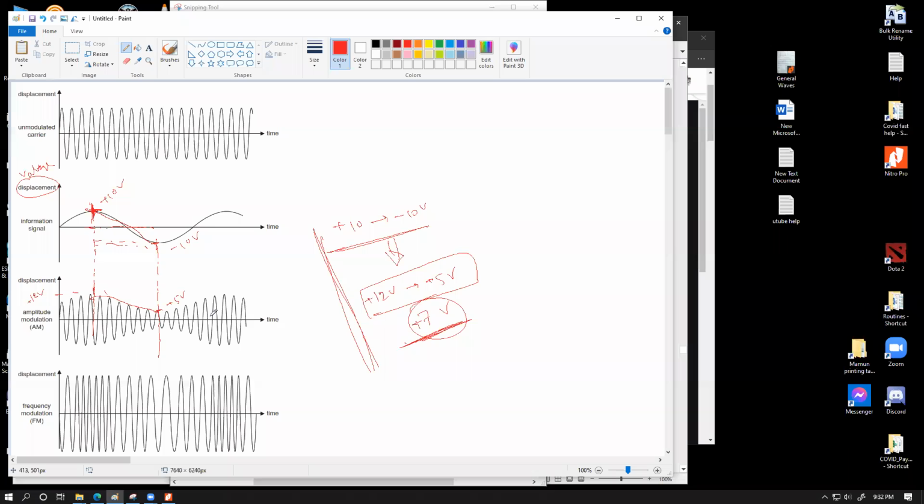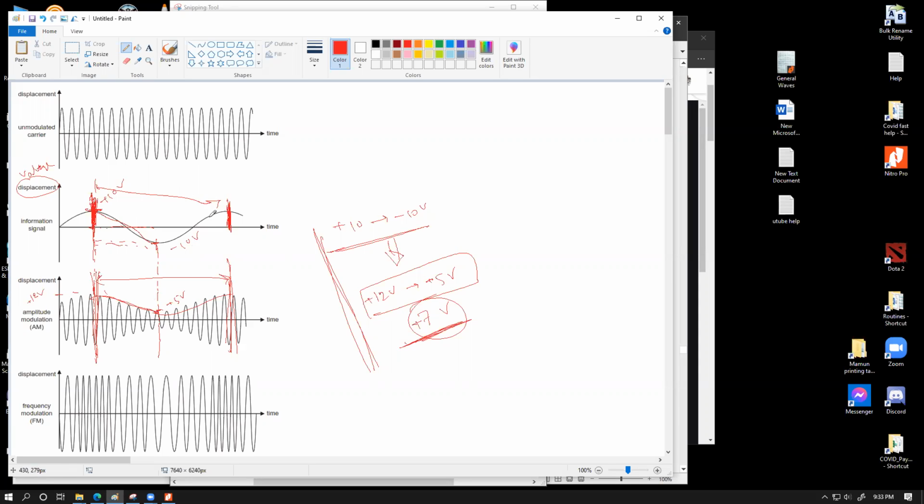And one beautiful thing is that the frequency of this information signal is perfectly represented on the modulated signal as well. How? If you have a look over here, here you have a high amplitude for the information signal. Here you have another high amplitude for the information signal. If you consider the gap between them, this is actually one time period. You'll see in the modulated signal, from maximum amplitude to minimum amplitude, and once again to maximum amplitude, this variation will also have the same amount of time period, which means each similar amplitude orientation gives you the time period